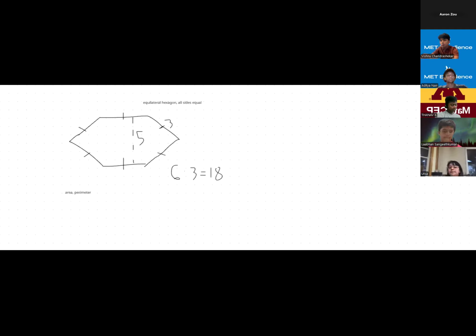And I'm just going to throw this up there for the area. I know this might be a little tricky. The area of a hexagon doesn't usually come up on tests unless they give you this kind of base area, which I didn't give to you. So the area of a hexagon is going to be 3 times square root 3 over 2 times the side length squared.